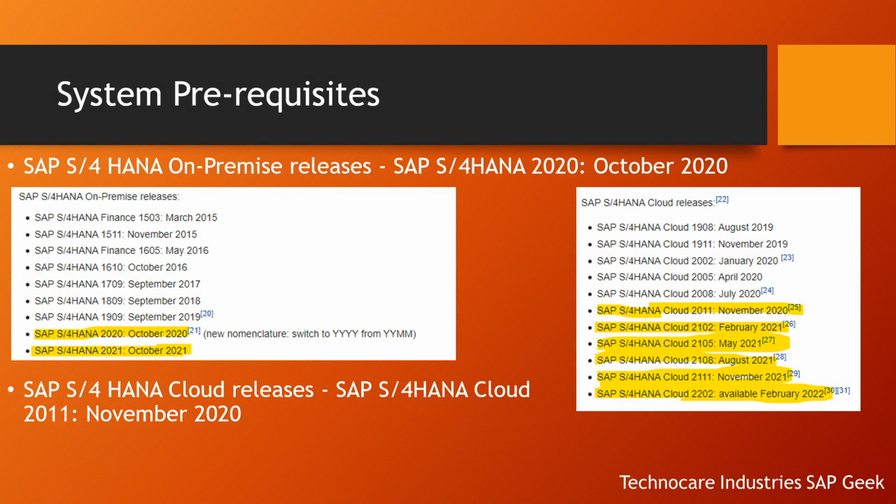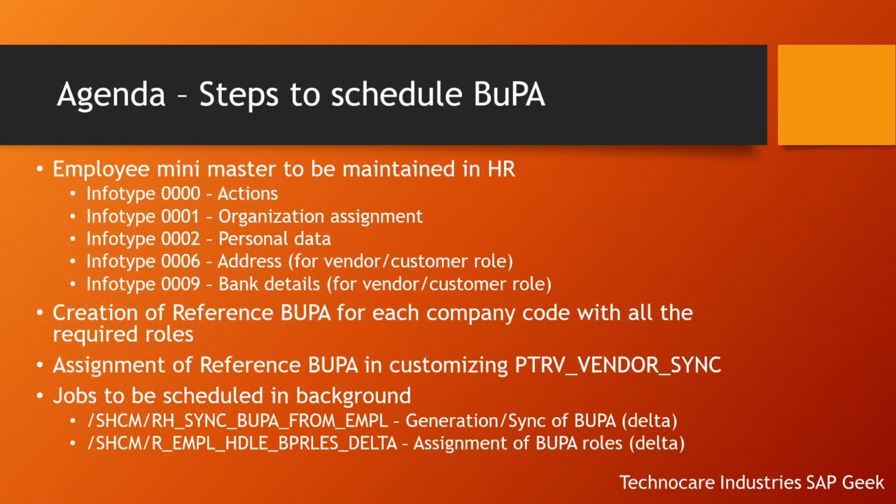first step, which is nothing but the prerequisites that are required for setting up automatic generation of business partners. The most important prerequisite is, if we are in an on-premise landscape, the minimum version that we should be on is S/4HANA 2020 and onwards. Whatever versions come after this release, including this release, would have this functionality enabled. If your system is older than this release, we might not have this particular switch present in the system. The switch is this one,